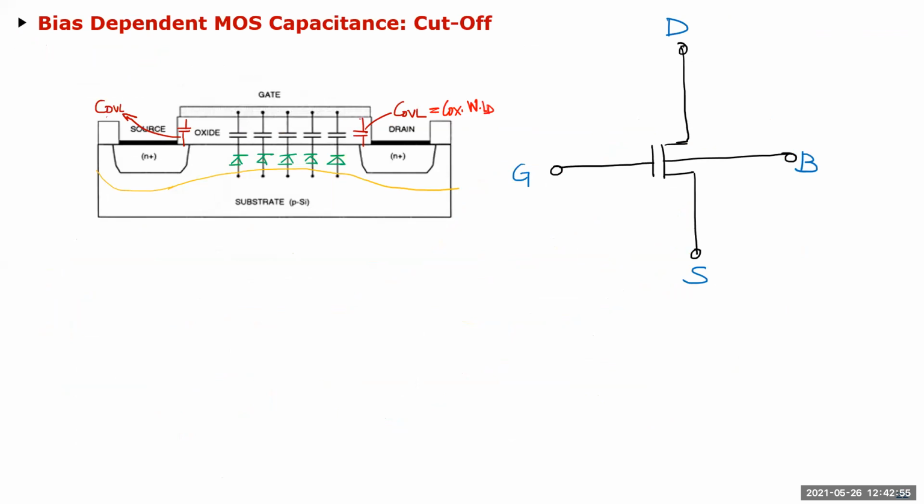So like I was saying, these caps, especially the gate to source, gate to drain, gate to bulk caps, these are bias dependent caps. So for example, in the cutoff region, when there is no channel formed at all, then between the gate and source there is only this tiny overlap cap, right? Because the channel is not formed. So which means that this cap now is in series with this depletion diode here, and then it connects to